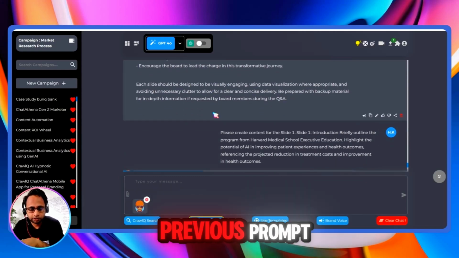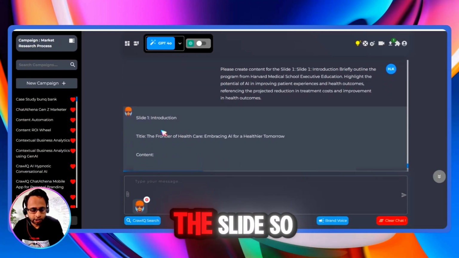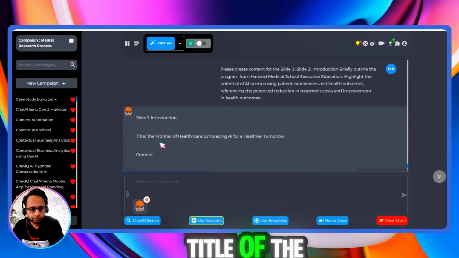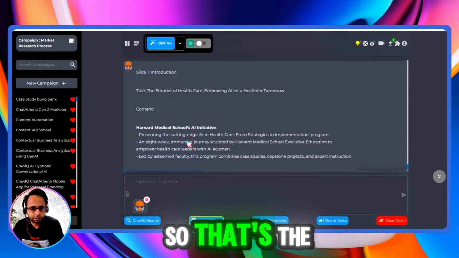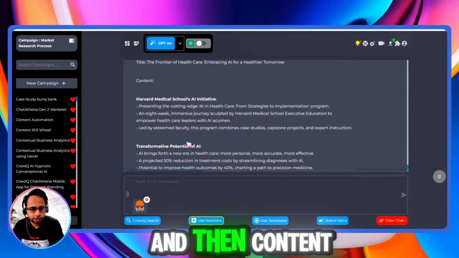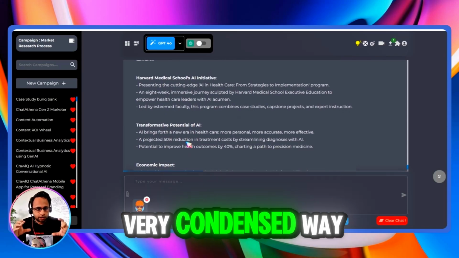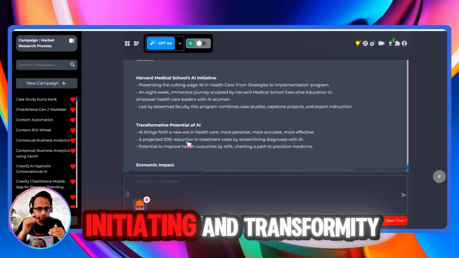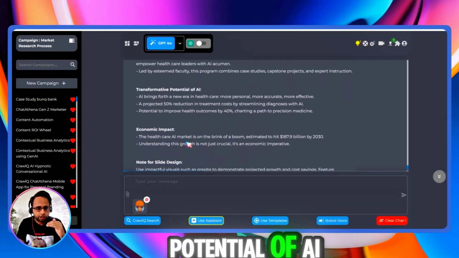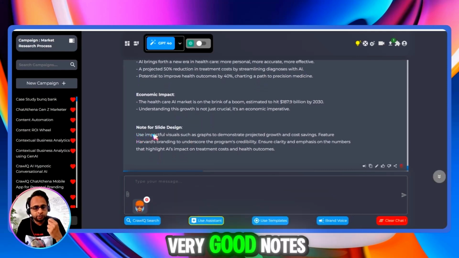And in my previous prompt, I asked it to create the content of the slides one by one. So for slide 1, the title of the slide will be Frontier of the Healthcare, Embracing AI for Healthier Tomorrow. So that's the title of the slide. And then content is always structured in a very condensed way, right? So you have first 3 points: Harvard Medical School's AI initiative, transformative potential of AI, economic impact, and it will come up with very good notes